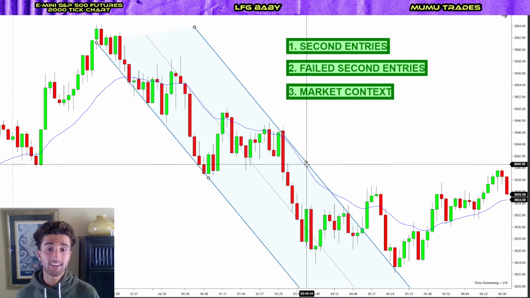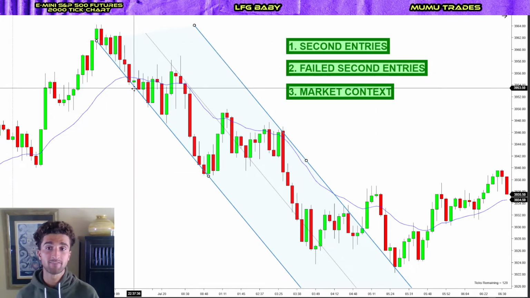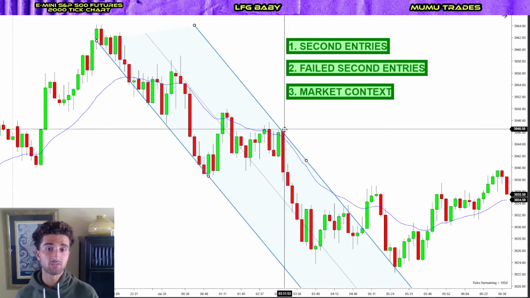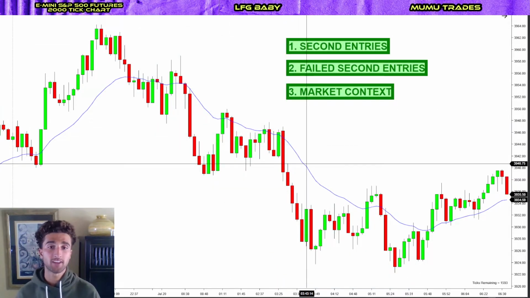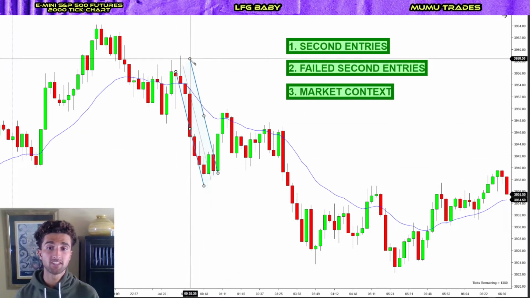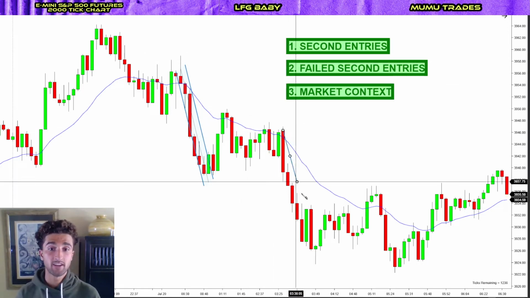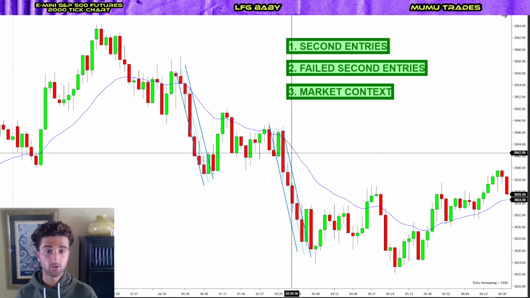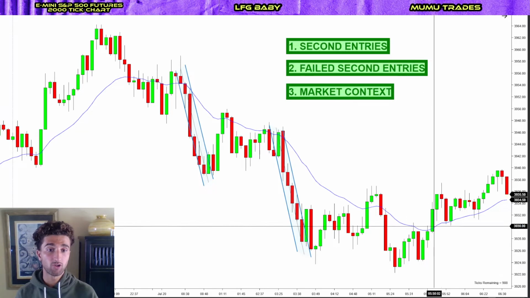However, this trend line is very inaccurate for a couple reasons. First of all, even though it has several touches on the bottom, look at the top of the trend line. It only has one bounce here. So what we want to do is always adjust our trend lines so that we can make the most sense of it possible. And that comes in the form of very concise short-term trend lines. So as we see here, we had a nice downtrend, a break, a new low, followed by a lot of